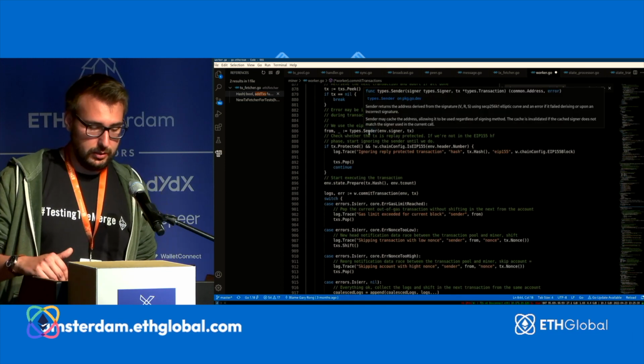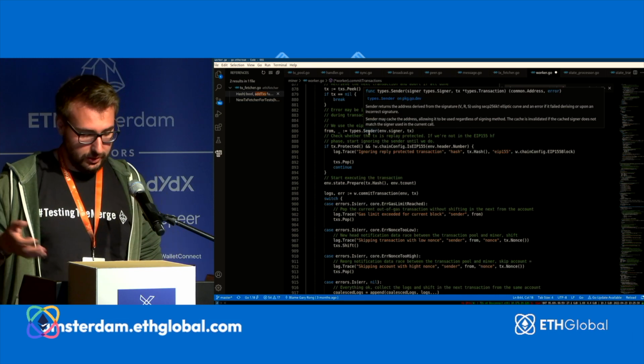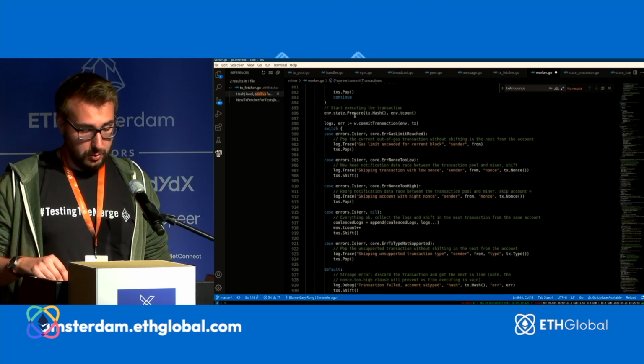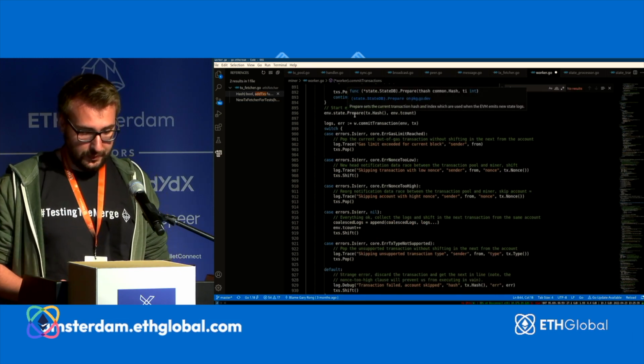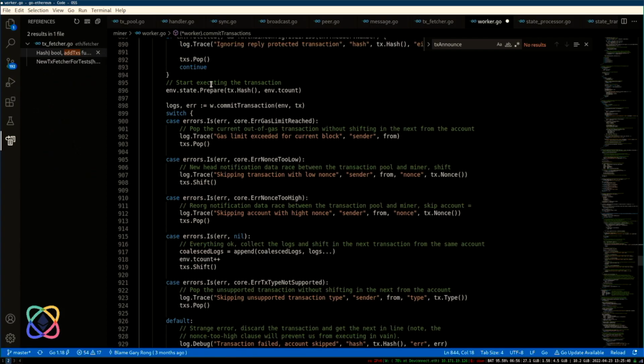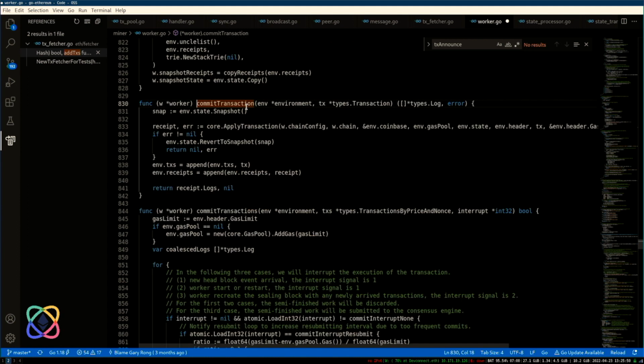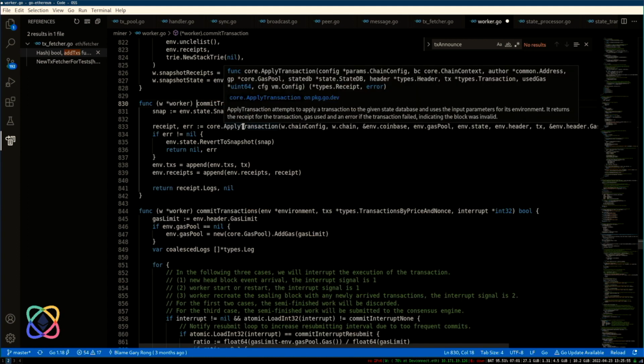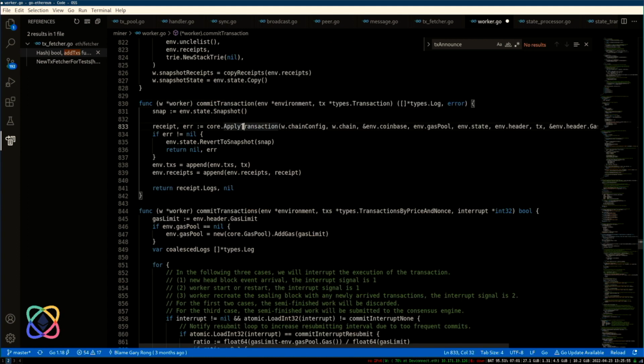We calculate the sender again. We prepare the state, and so we have the state database, and we have to set some fields in there so that we can later on query them during the execution of the EVM. And then we call commit transaction, and commit transaction actually does apply transaction, and with apply transaction we go to